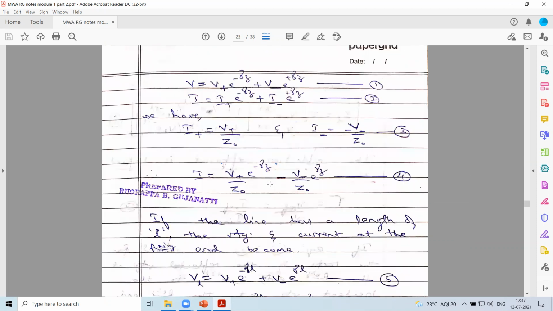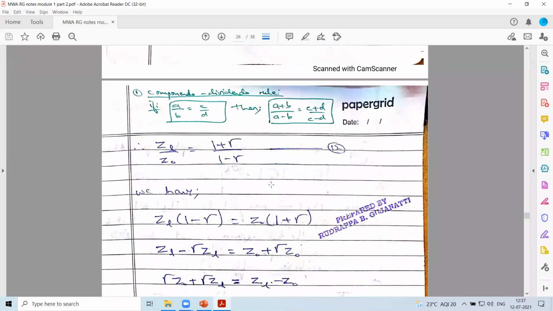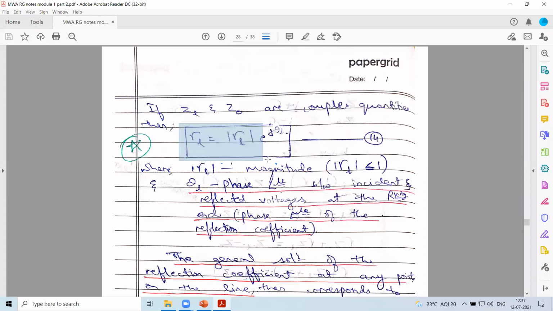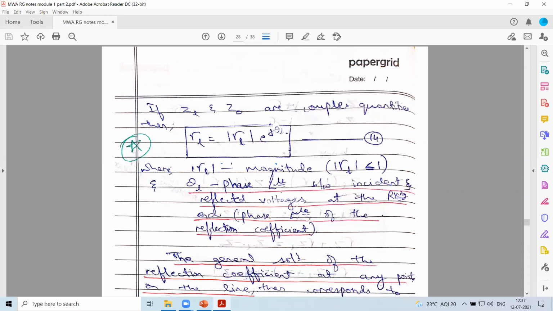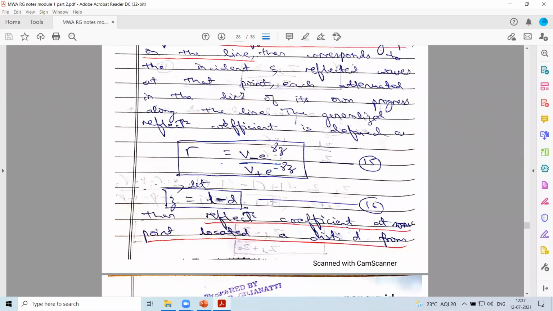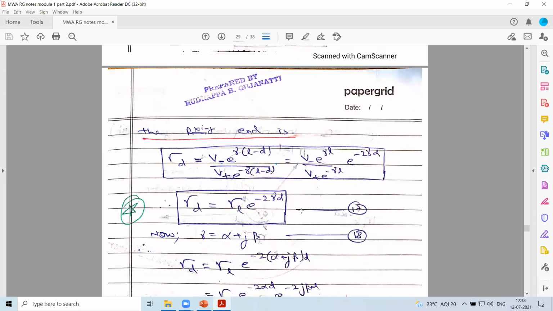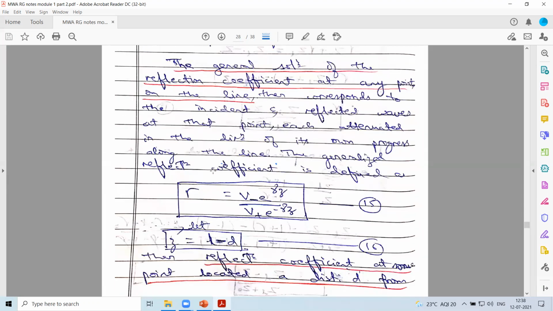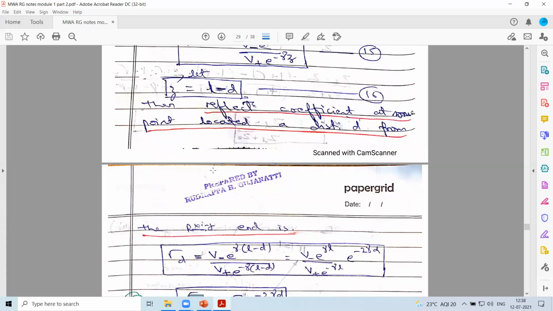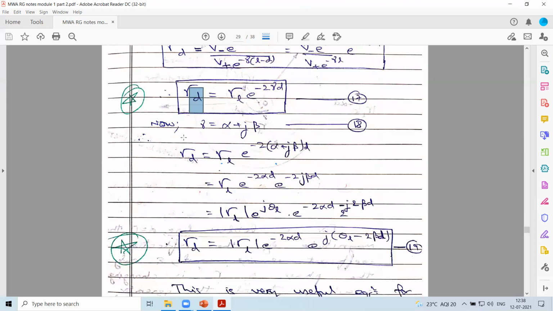So this is one thing we have. Here we have given a representation rho, where rho will have a magnitude and a phase constant. Apart from this, we also had seen that the reflection coefficient is equal to the ratio of reflected to the incident voltage parameter. So these are a few things to note down. Based on these equations, if you observe rho L, rho D, these are all associated with where you are measuring from. At present, we will keep that aside. So these are a few equations we have.